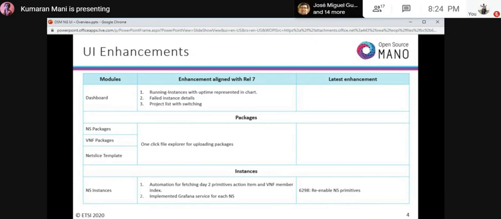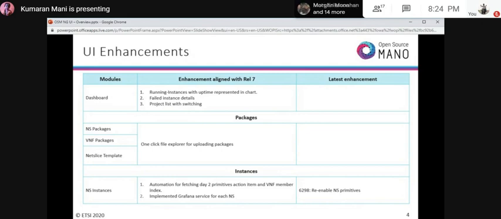We also included a one-click file explorer for uploading packages, making it easy for the user. At the instance level, we added automations. We added two automations in executing primitive levels.